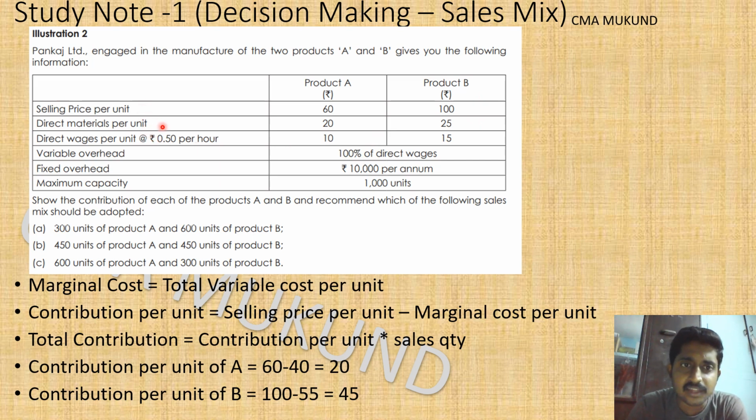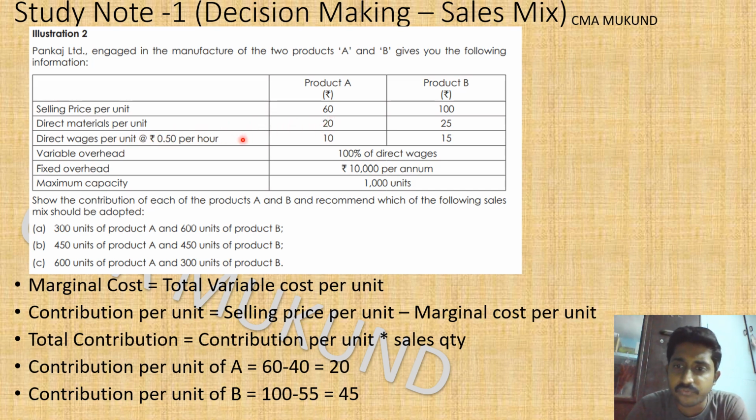Direct material is nothing but the material which is used to make that product. For example, if you are making a mobile phone, the mobile screen, the keypad, your touch screen, battery, back cover, all those things are going to be direct material. Even the components of the charger which you can physically see, all those things are direct materials, and direct material per unit is given. Next, direct wages.